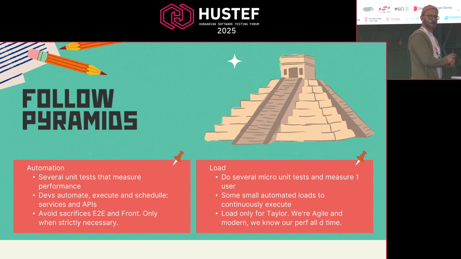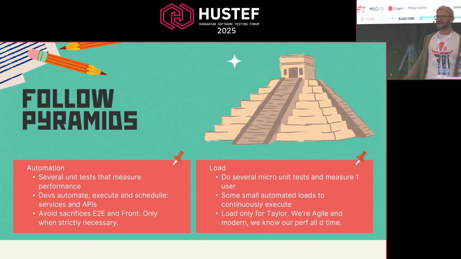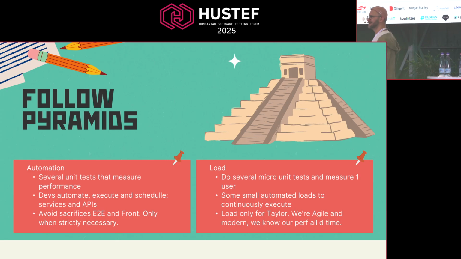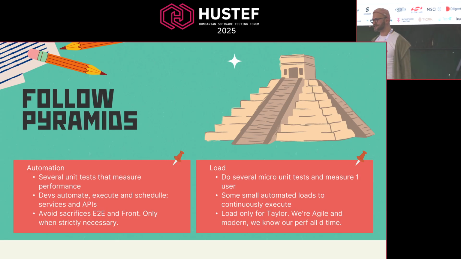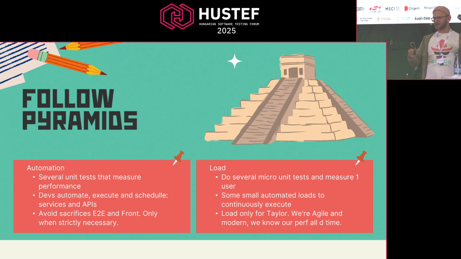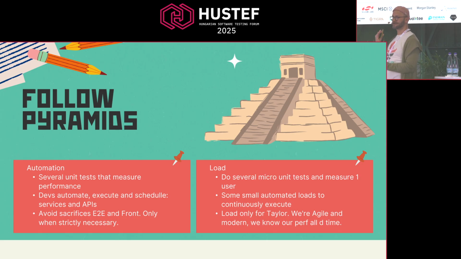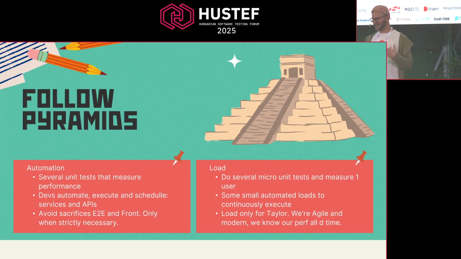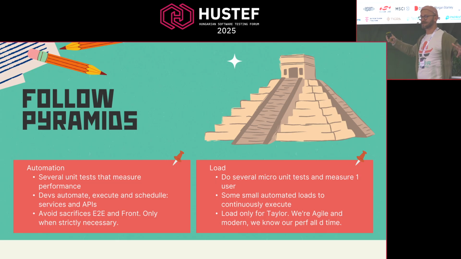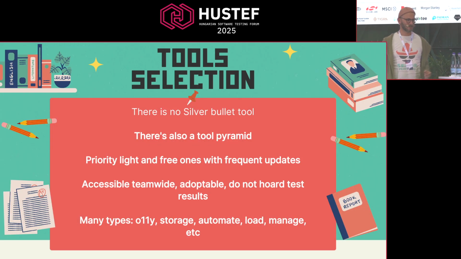We also should follow the pyramid. On one hand, avoid the sacrifices. Please, please, please, please. No more crying, no more tears, no more blood. I always think of the Mortal Kombat fatalities with those sacrifices for some reason. Don't do them. Automate where it is easier, more stable, faster, and with fewer sacrifices. And do not do that many load tests. Please do not obsess over them.